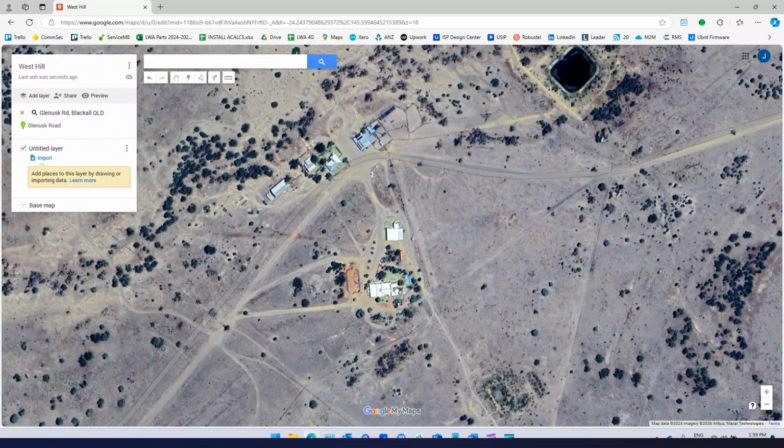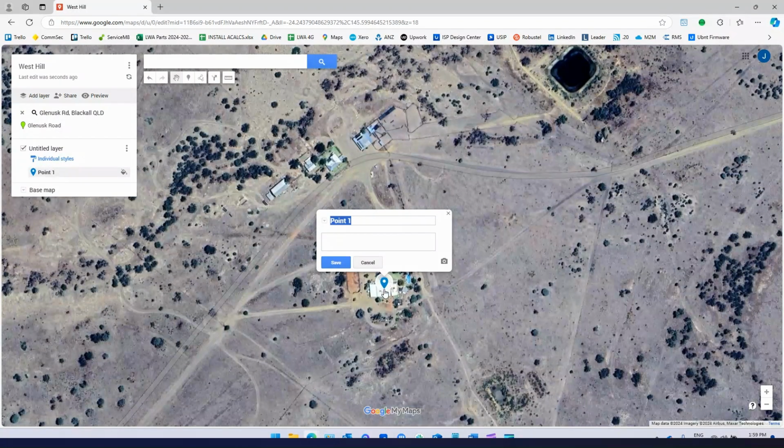And what you want to do is mark this map so you can put down notes on what is at that location. So up the top here, we've got undo, redo, select item, add marker, draw a line, add directions, and measure distance and areas. So the main one you want to use here is the add marker. So if you go ahead and on your mouse left click the add marker, and I'll just click it here,